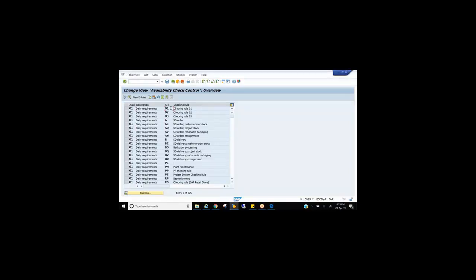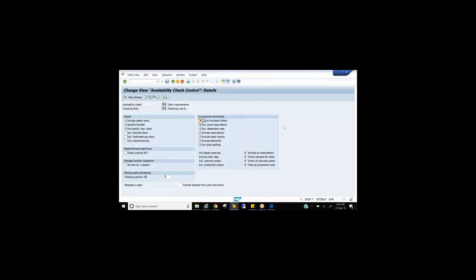Checking rule tells the system whether you want to perform availability check at the order level or delivery level. Order level or delivery level is controlled by checking rule, right? So with the combination of checking group and checking rule, there are lots of controls here. This is how the availability check is performed. The T code is OVZ9.